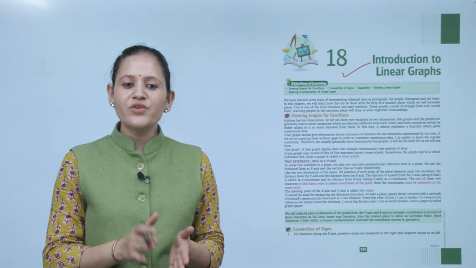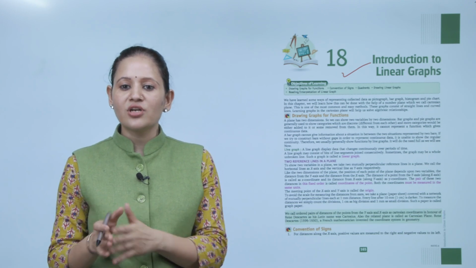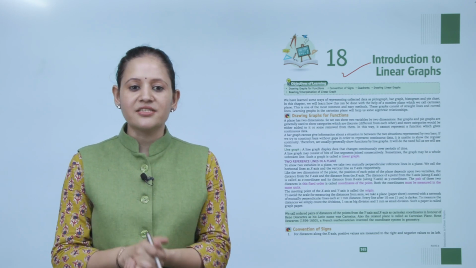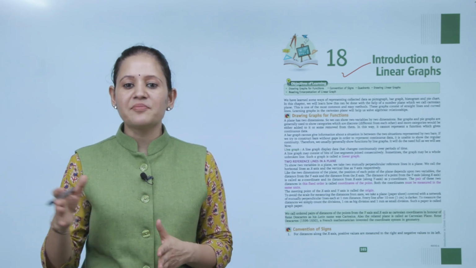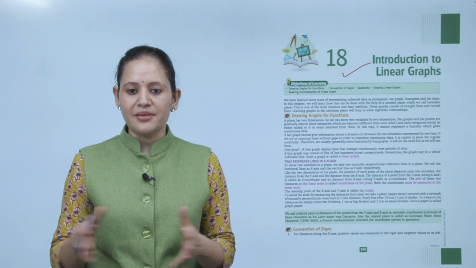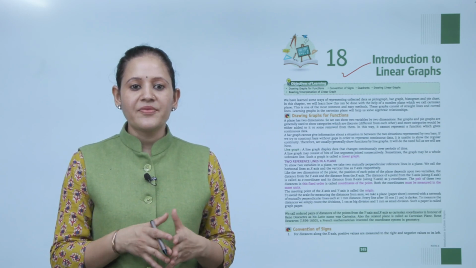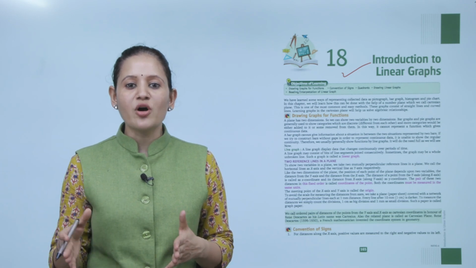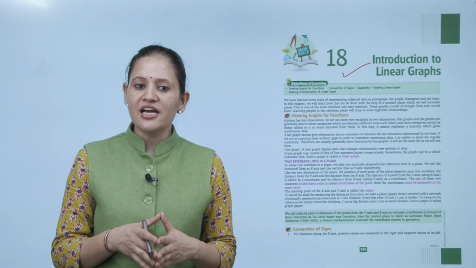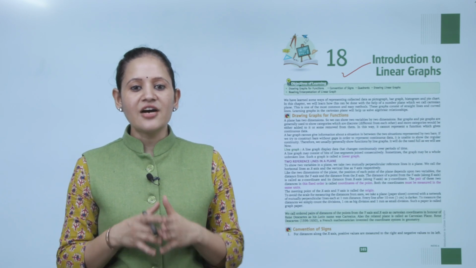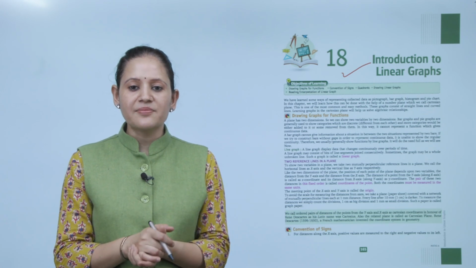So we have learned some ways of representing collected data in the pictograph, bar graph, histogram and pie chart. In this chapter, we will learn how this can be done with the help of the number line, which we call the Cartesian plane. This is one of the most common and easy methods. These graphs consist of straight lines and curved lines. Learning graphs in the Cartesian plane will help you to solve algebraic relationships.